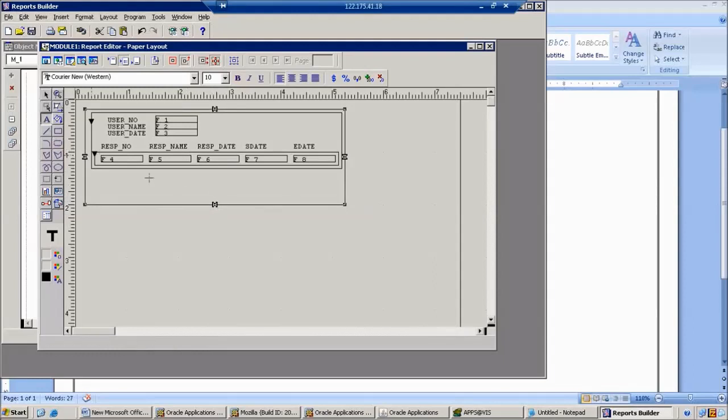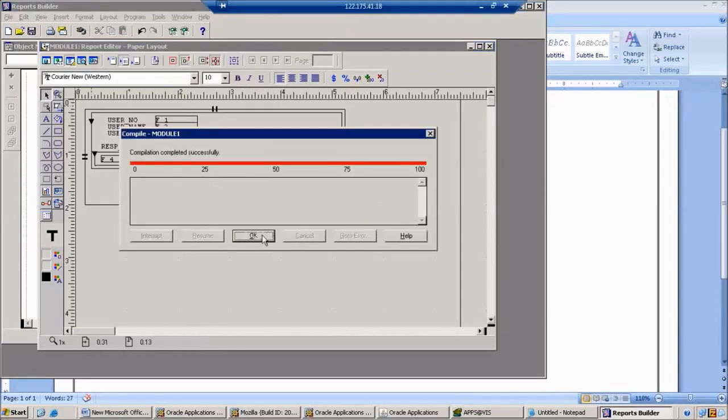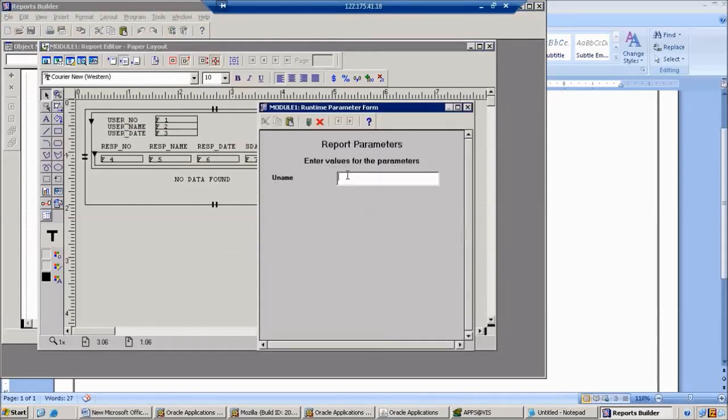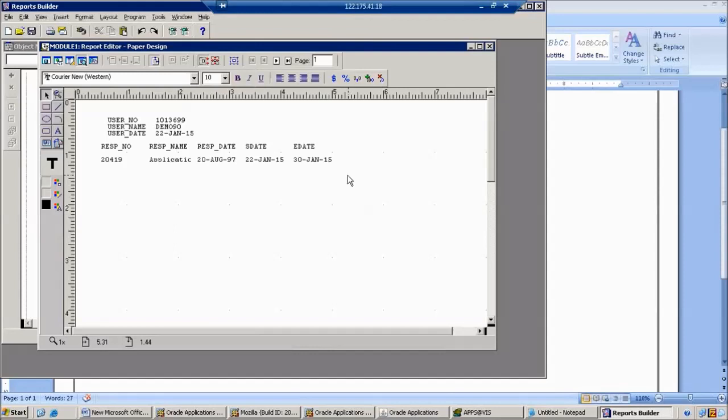Then here I want to display, first, the no data found. So observe this one. No data found automatically comes.